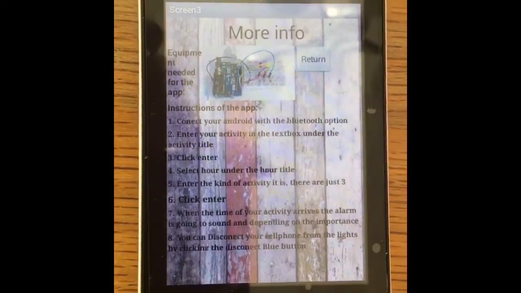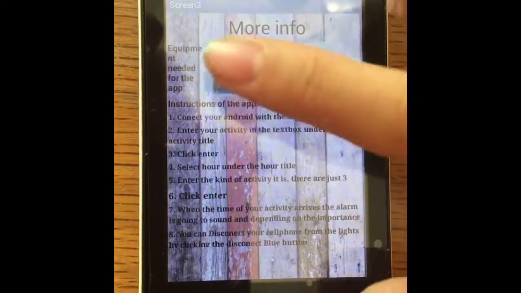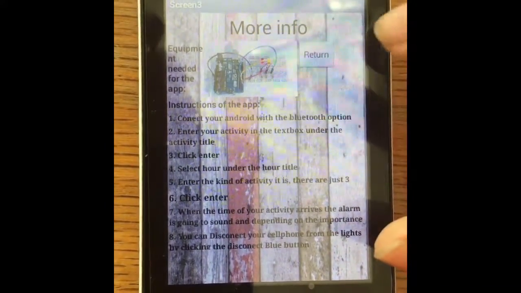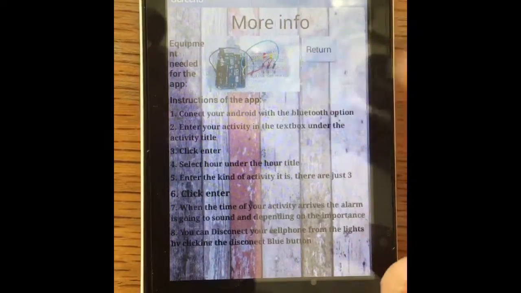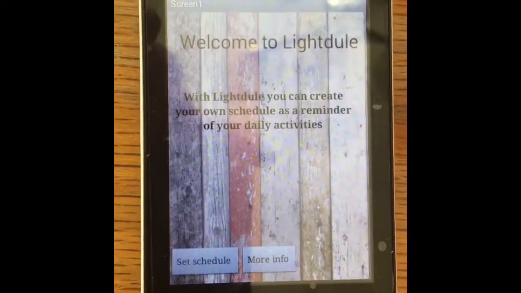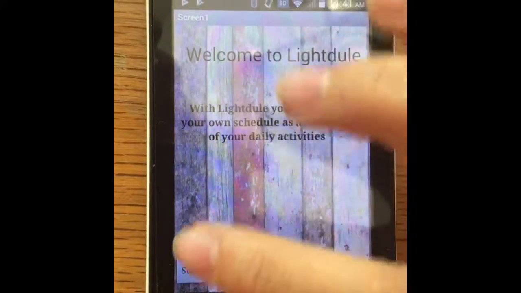In More Info, we're going to find this other screen with an image of the equipment you require, a Return button, and the instructions for the app. If we click Return, we will get back to the first screen. Instead, if you click the Set Schedule button,